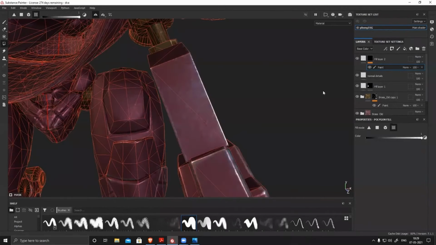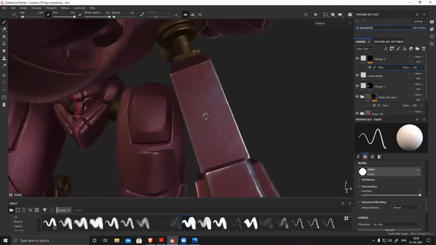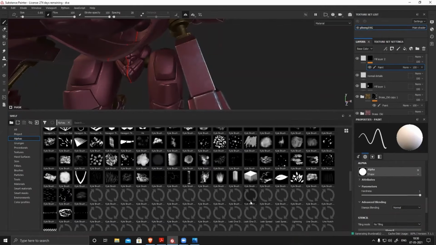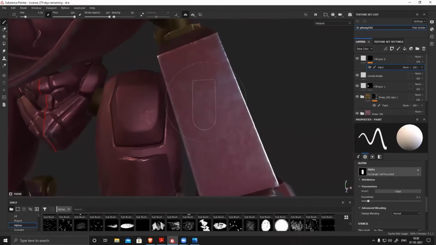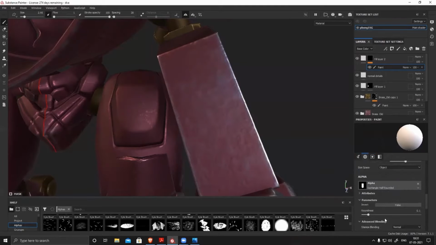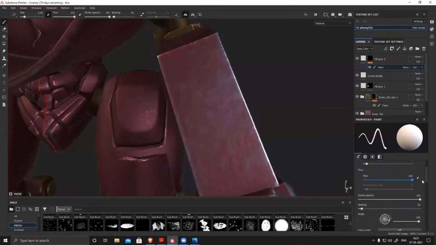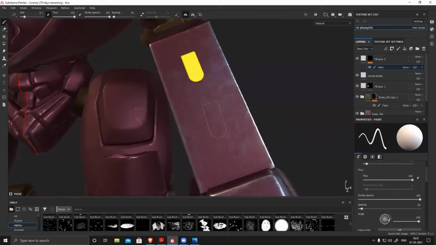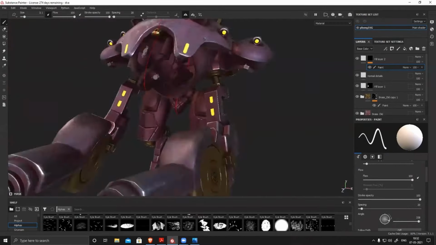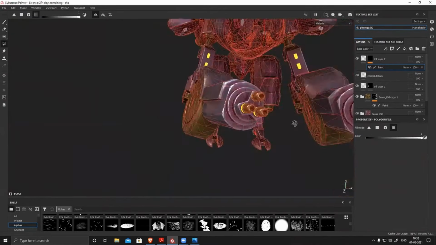Okay, it's a robot, and in the actual reference also there are tons of lights, and plus there's a lot of text and some engraving. All those things are there, so I'll create those things with the help of different layers. Emissive in a separate layer, then your text in a separate layer, your dirt in a separate layer.